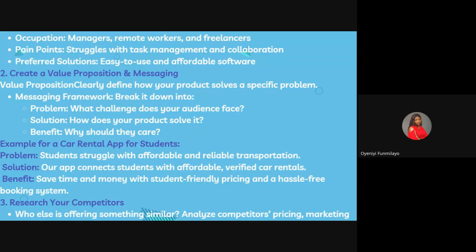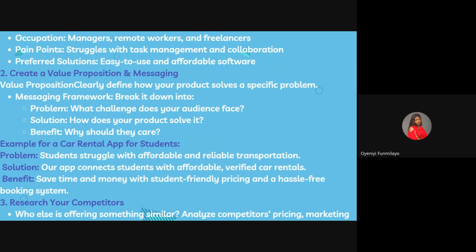Like I said, Bolt and Uber have two different value propositions, in as much as they are doing the same service. Chowdeck and Glovo have two different value propositions, because of how Glovo will solve your problem. I know we as the users will look at it like, oh, it's the same thing, right? But them as an organization, they're not seeing it like it's the same thing. They're not seeing that they are solving your problem the same way. There's something that just makes them very different and unique.